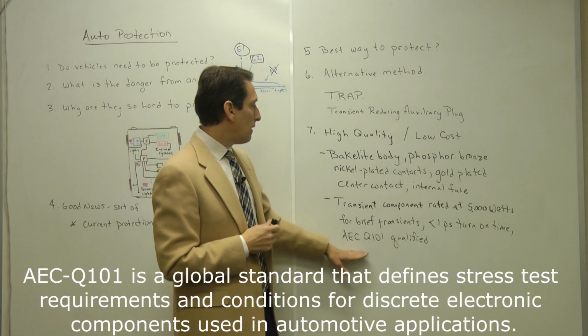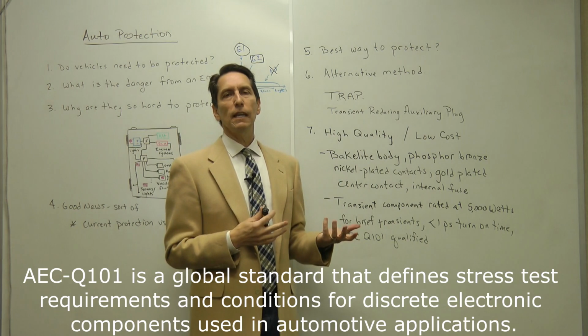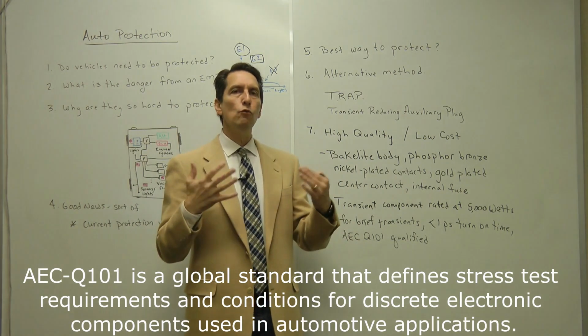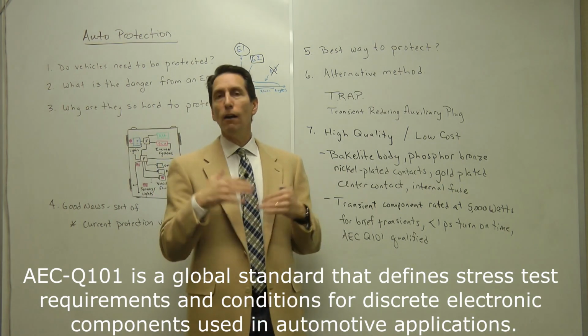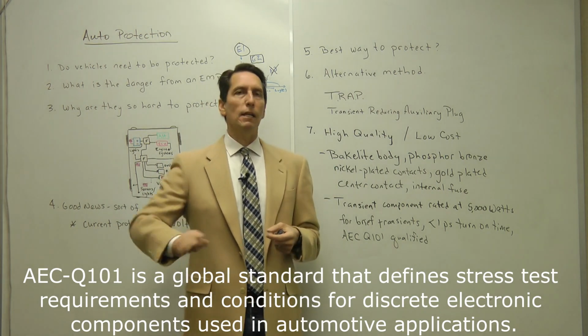All right? And finally, it's AEC Q101 qualified, which is just a standard that says that this part was tested to show that it would withstand the normal transients that a vehicle generates. Now, vehicle power systems are terribly noisy. Every time you start it, every time you turn on the radio, every time you kick on and off that